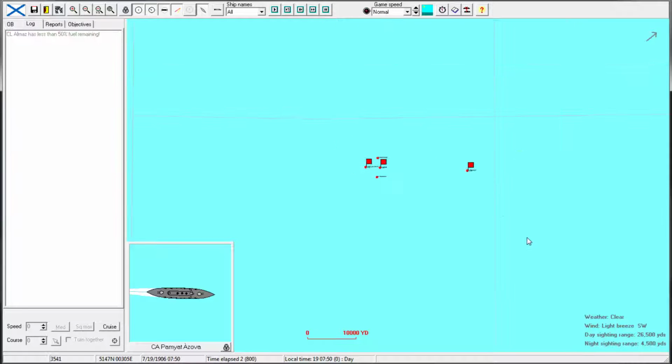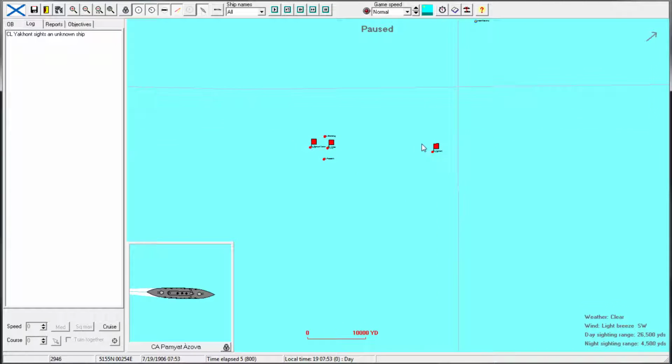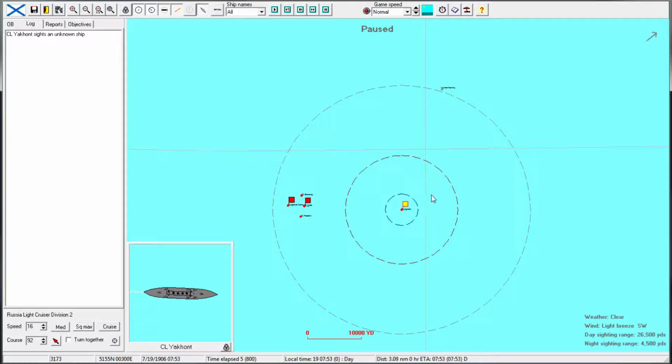Okay, find us that ship. There it is. They will be at the wind advantage, but they don't know that necessarily. They've only found our scouting ship. How do we want to deal with this? Well, let's get everyone to go squad max, because I think our max speed...